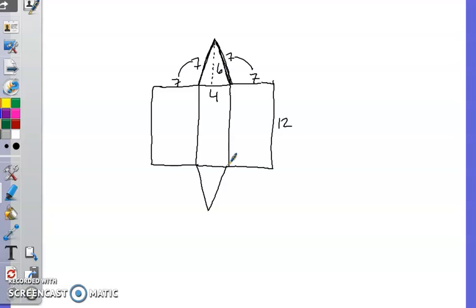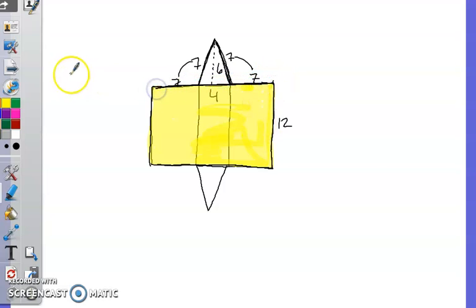So our goal is to find total and lateral. So lateral is where we're going to start, okay? This is lateral. Okay, all of this, not the triangles, okay? Okay, so you can do this a couple of ways. You can look at this like one large rectangle, okay? If I do that, then I need to make sure I know this side is 7 plus